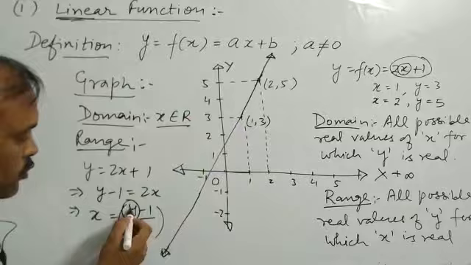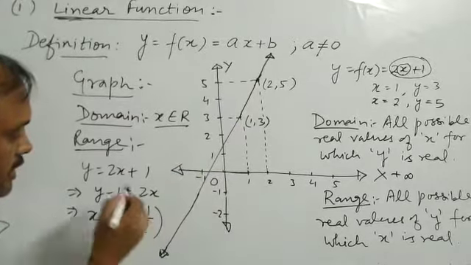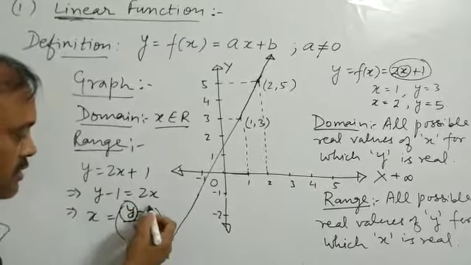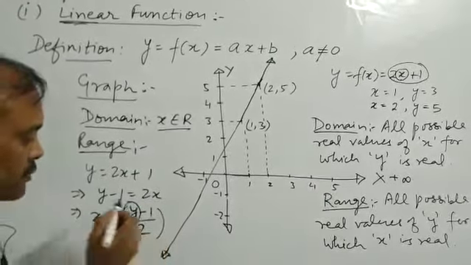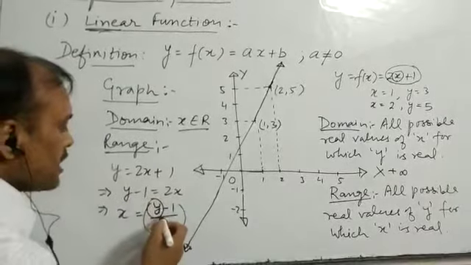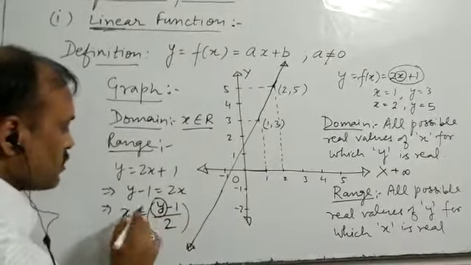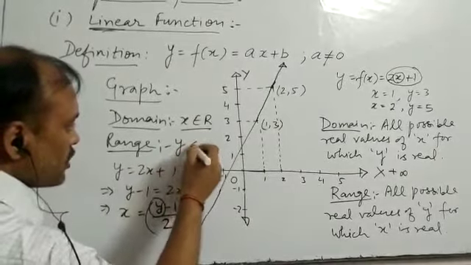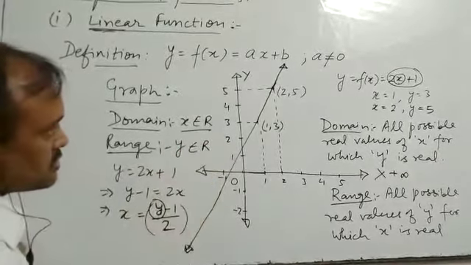Now, because this statement also came from the defining statement, if you put any real number value of y here, any real number minus 1 is going to be a real number, and that divided by another real number 2 is also going to be a real number. So for any real value of y, x is going to be real. So looking at it that way, y also belongs to the set of real numbers.